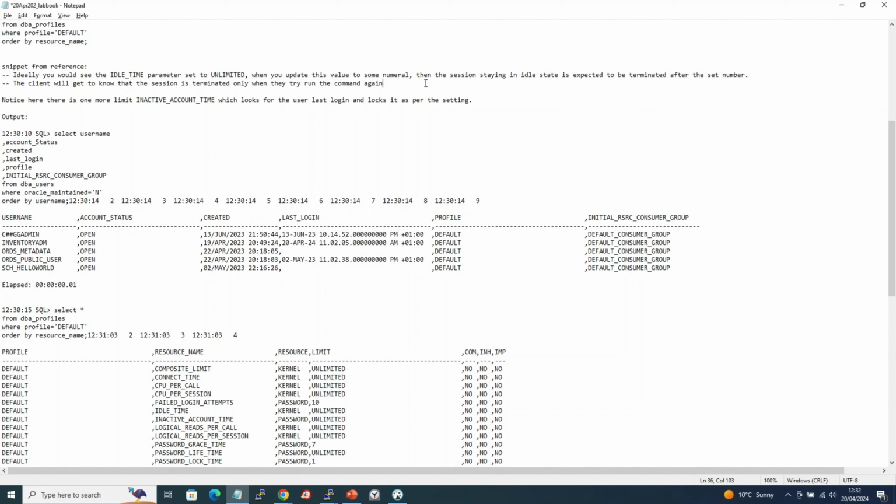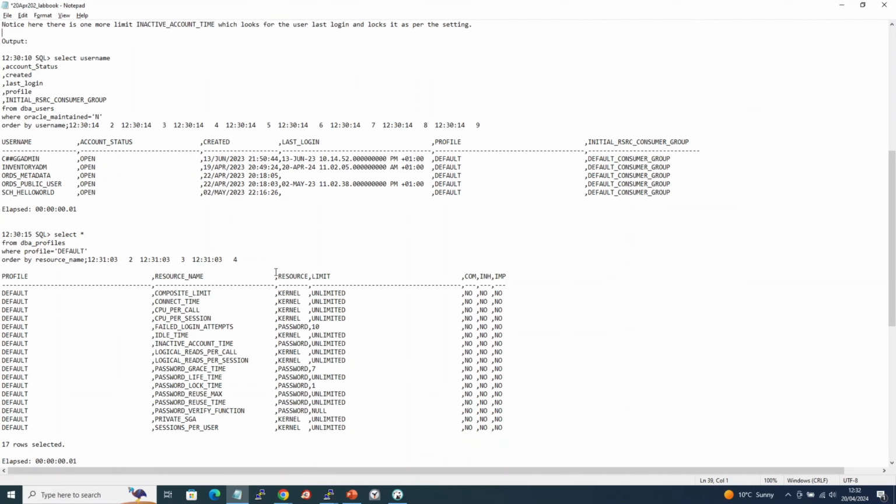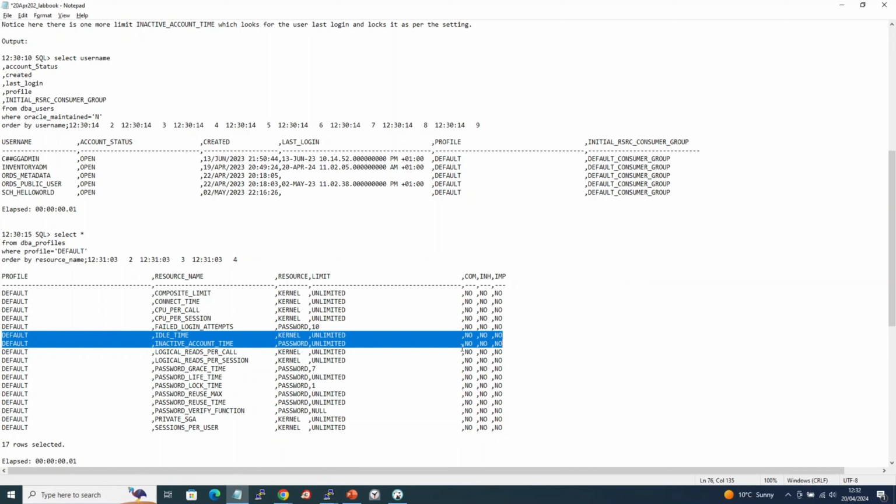Okay. And the client will realize that the session is terminated only when they run a SQL query command. Until then, they will never know. So say for instance, you got a connection from a client, but you had an idle time setting, and the connection was idle for that many minutes. The session is killed. But the end client, say for instance, a DBA or SQL developer, JDBC programmer, Java programmer, anything, they will never know until they try running a query. So that's what this idle time